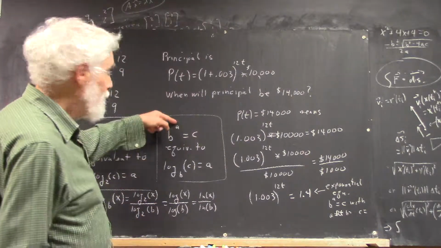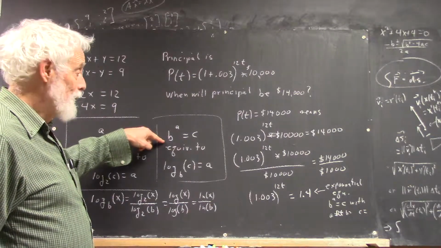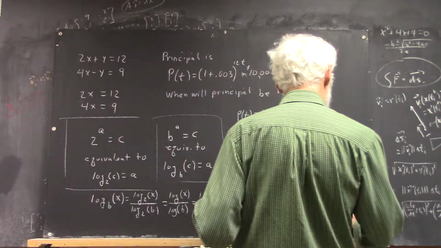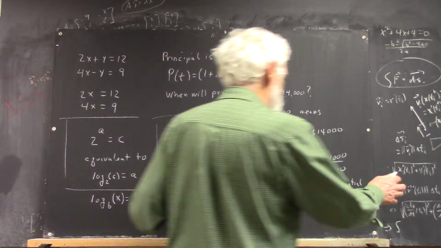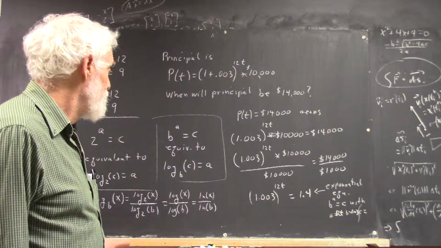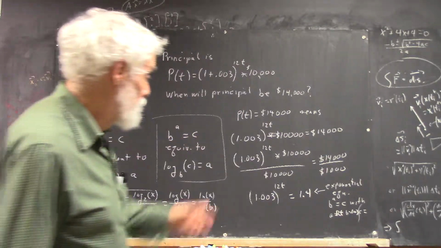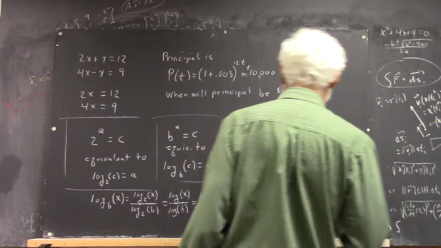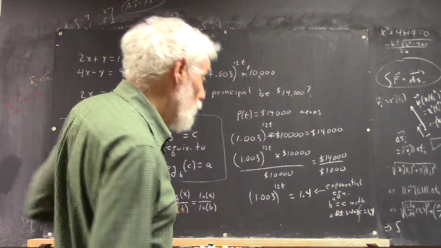Well, it's the thing the exponent applies to, right? And here that would be, there's the exponent, applies to 1.003. Okay, nobody can read that, but that's what I wrote down. And c is the thing on the other side of the equal sign, which is 1.4. Okay? So the logarithmic form